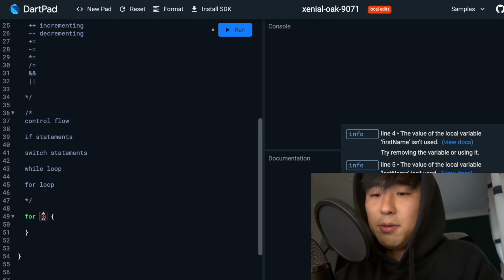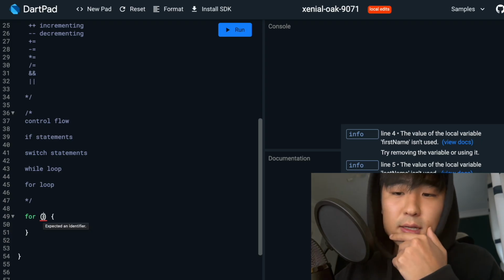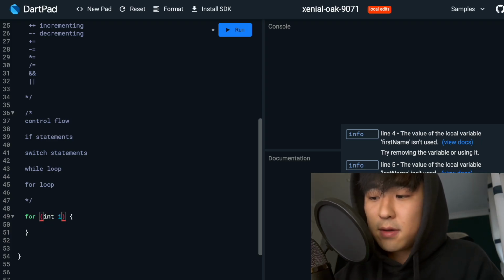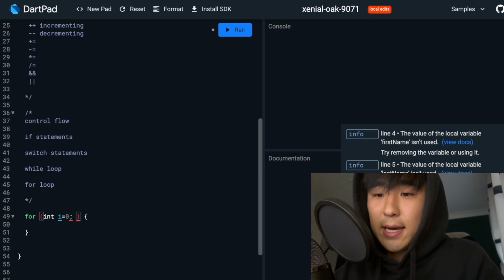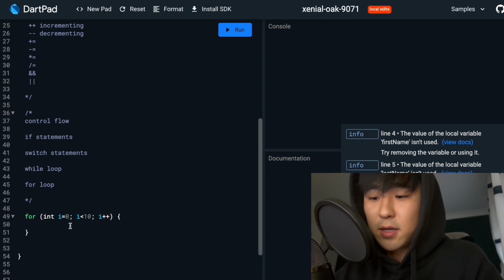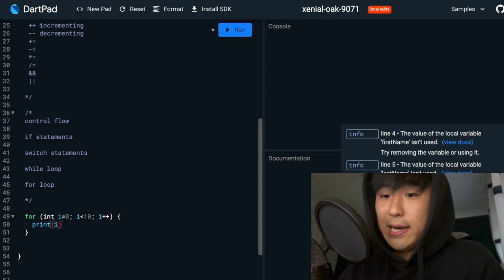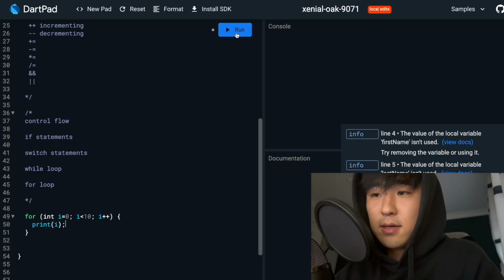and in a for loop, you need to specify three things. You need to specify a starting point. So let's say i equals 0. And as long as i is less than 10, just keep going up. Okay, so if I just print what i is, and I run this,